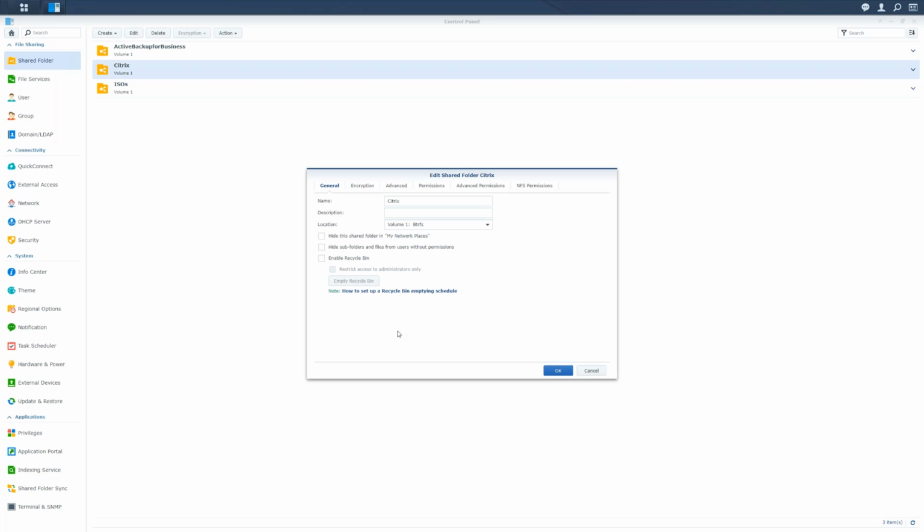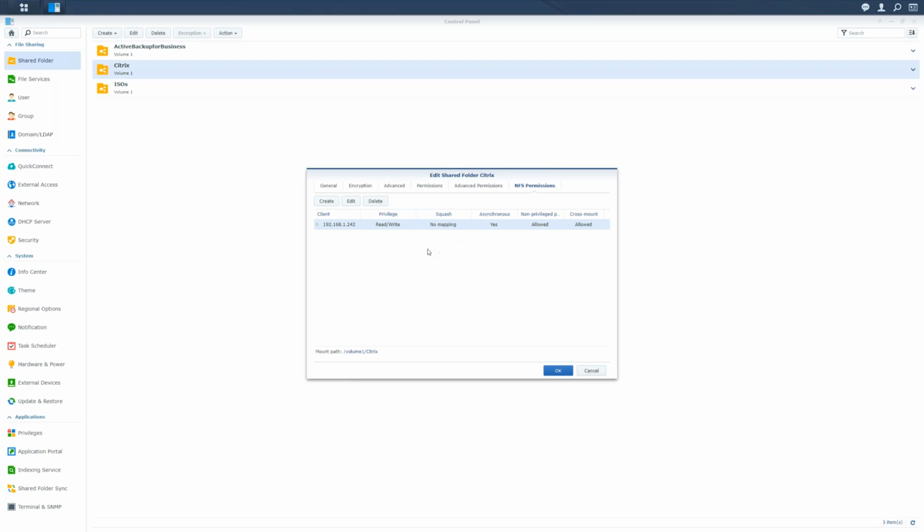I'm just going to jump straight to the NFS portion here. So there's a tab for NFS permissions. And I do want to say that you only need to set this specifically for NFS. For just general file storage, like if you use SMB or AFP, you don't have to go through this. It will use whatever permissions you have set up on the NAS elsewhere. So for NFS, I make sure to highlight this because it does require this extra step.